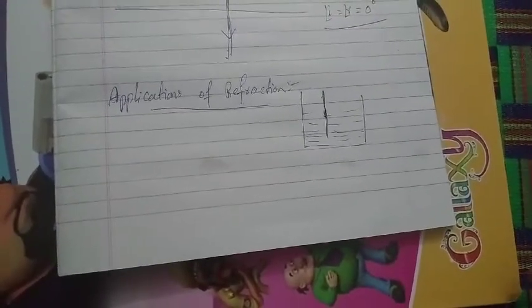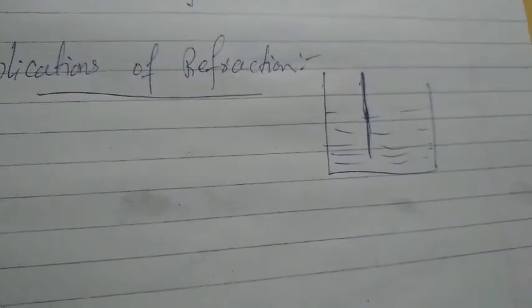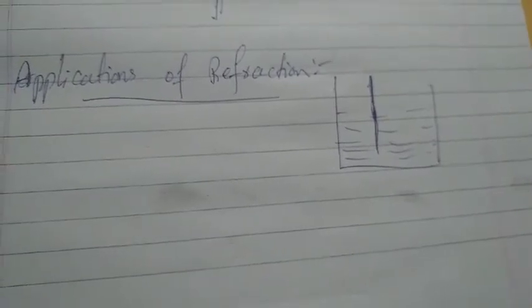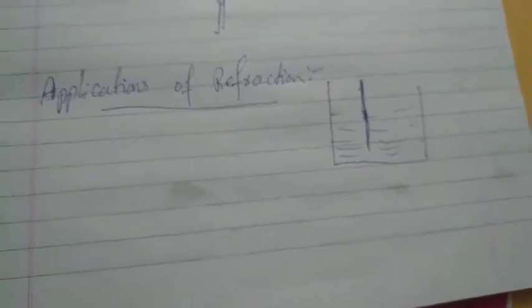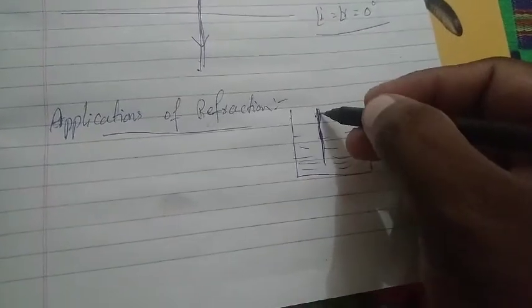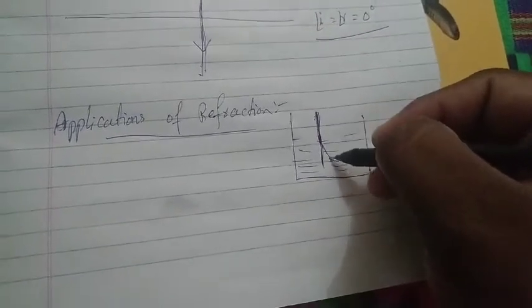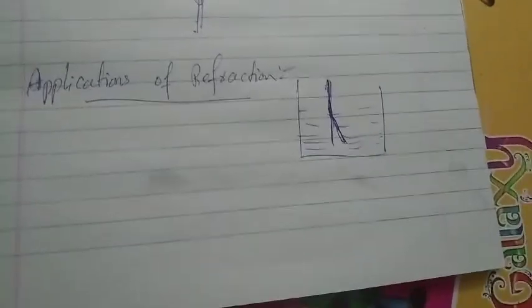See, in a glass tub we pour some water like this and vertically we place the stick. We know it's a linear stick and is placed straight. But how does it appear? Let's see. It appears vertical when it is in the air, but it appears like this when it is in